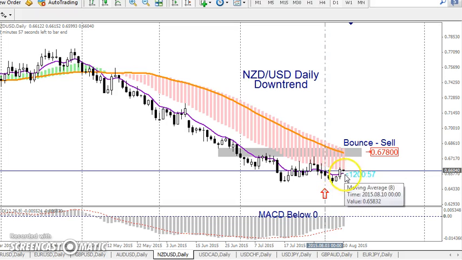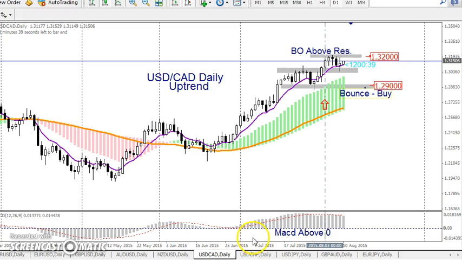But again, as in any pair, it cannot go down forever. There are pullbacks or retracements, as you can see here. Here we're looking again for pullback retracements before waiting for evidence to the downside. Now we get to the